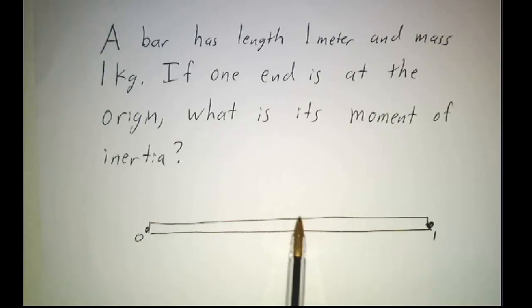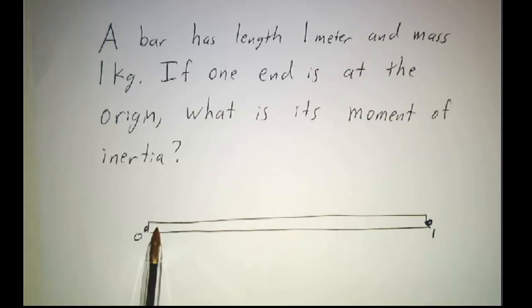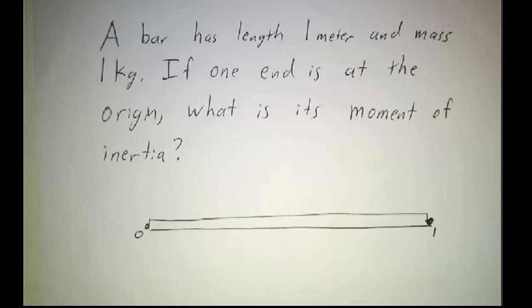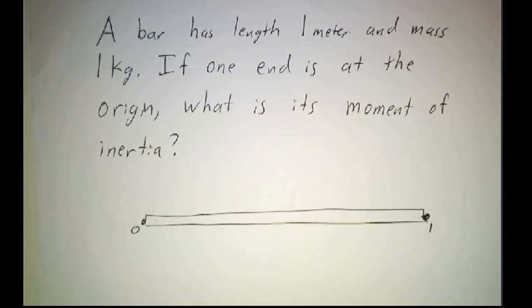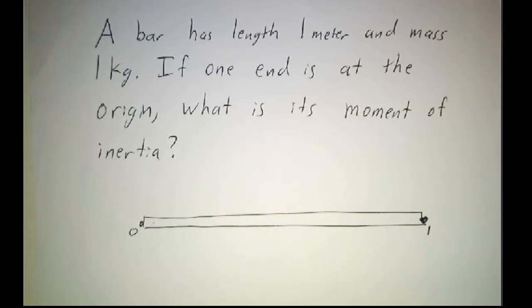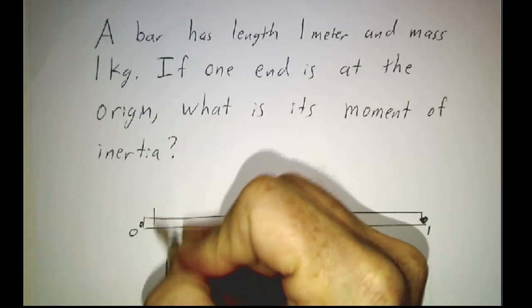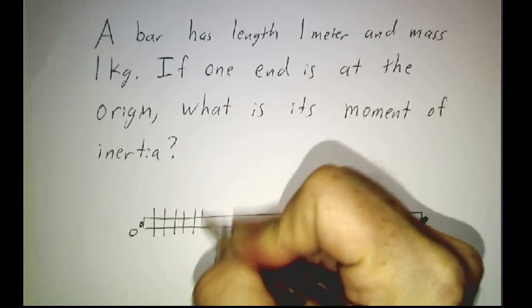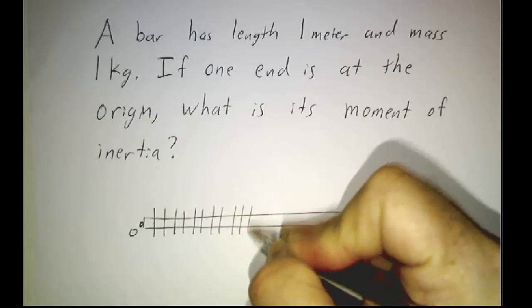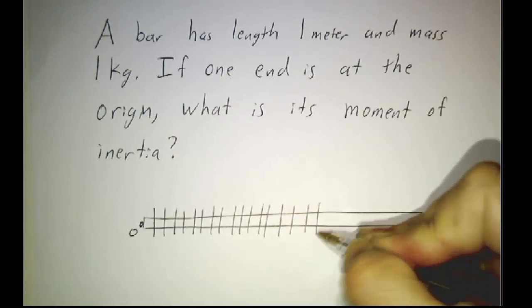Well, we know what the mass is, but what's the radius? Do we mean the radius at this part of the bar where the distance is very small, or the radius at this part of the bar where the distance is very large? So we're going to apply the same technique we use for anything that's variable. We're going to break it up into lots of little pieces, each of which is at pretty much a fixed distance to the origin. So, as always, we take out our saw and we cut our bar into n pieces,